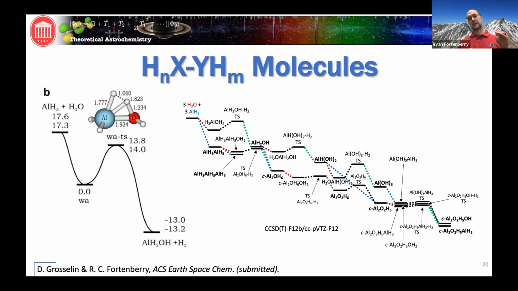What we see here is that if you add alane to the structure, you get basically no barrier to the addition, which is what we'd expected. And then you have to go up to the transition state. And each time you go up to the transition state, when you have an aluminum and a water bonded together, you're going to pop off an H2. But that transition state in every case is lower than the previous starting material. So it is downhill in every step. Yes, you have to go up a barrier. Yes, sometimes that barrier is pretty close in energy to the starting materials of that portion, but it's always less. And so it's up and down, it's up and down.